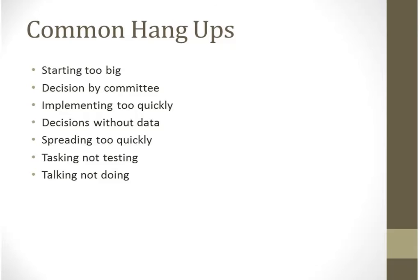And this is similar to decision by committee, but quality improvement is about action. In a lot of ways, the Nike statement of just do it makes sense here. You should spend 80 to 90% of your quality improvement efforts out there testing and trying ideas, and far less in the talking about them. You're talking about your ideas when you're setting up your plan and when you're studying what worked. Besides that, you're spending the majority of your time doing,